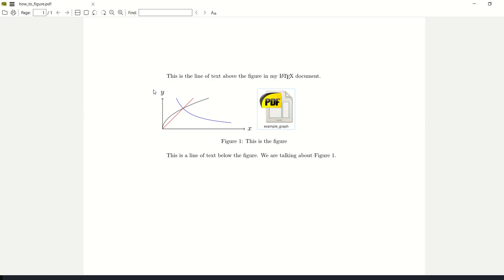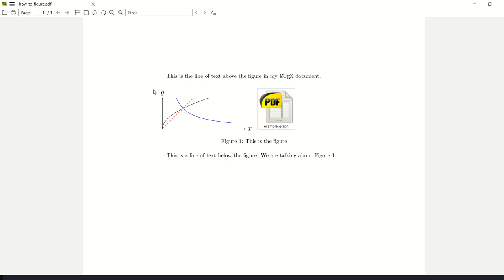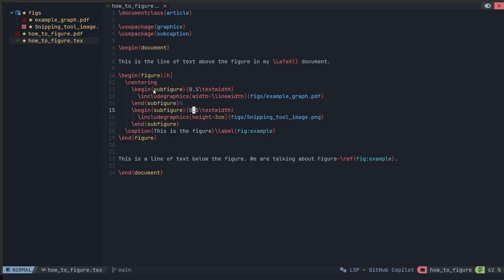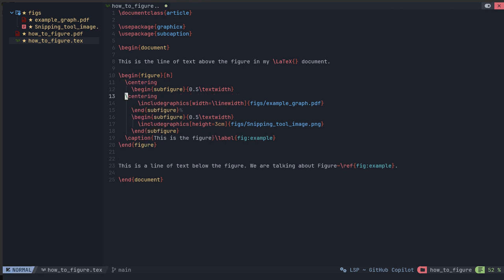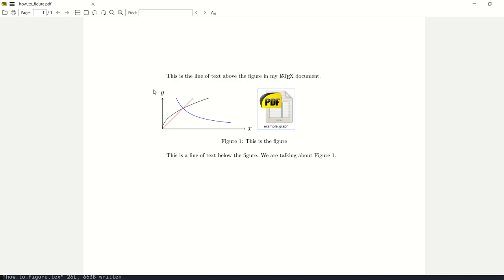Okay, so now I've got those two images, but as you can see, they are both sort of left aligned, so it looks a bit odd. So, as we've done for the main figure with centering, we can just copy that in there and put a centering for both of those images. If we build that, it goes and centers them both,